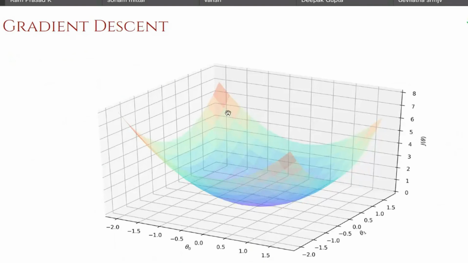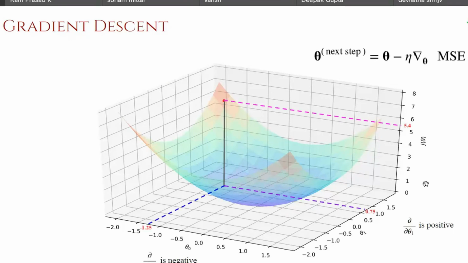You start at some random point. So you have these Jacobian. Many a time you would see the cost function or the objective function referred to with this generic term J of theta. This J stands for Jacobian. That means based on the first order derivative, we are optimizing and finding the best solution. That's what this J of theta stands for.